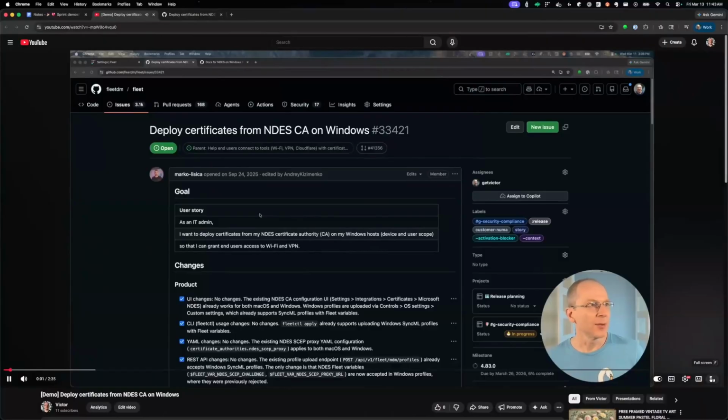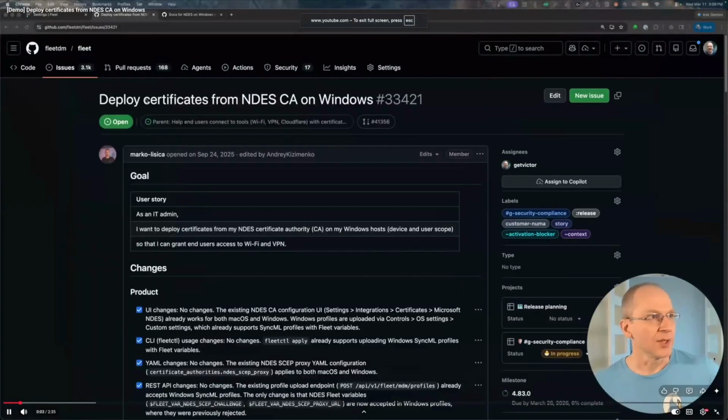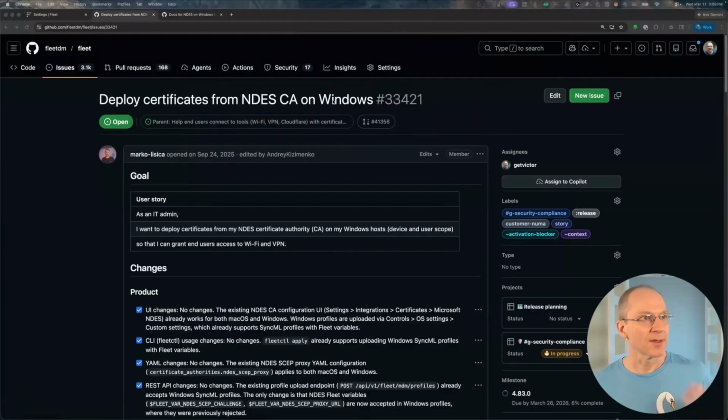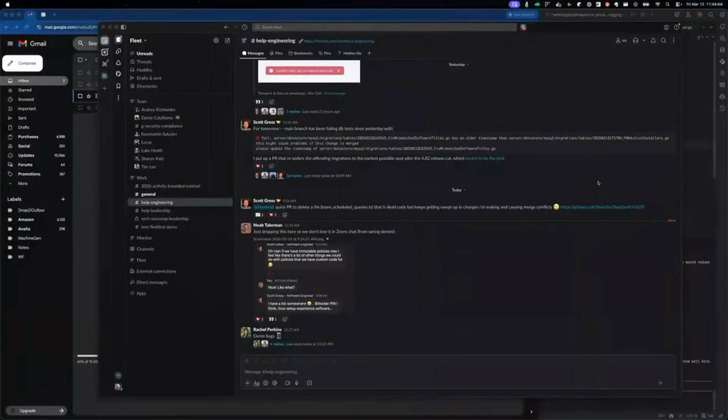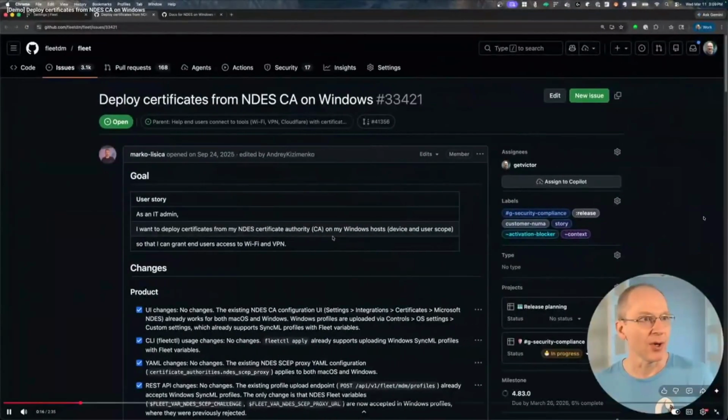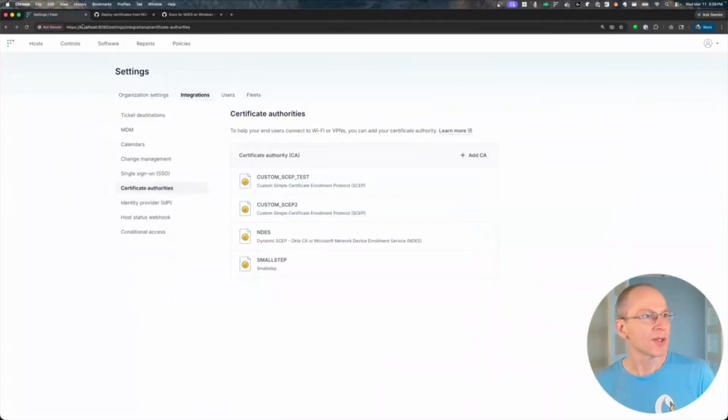In this feature, we're enabling issuing certificates from an NDES on our Windows hosts. So Windows joins macOS host with support of NDES. As an IT admin, I want to deploy certificates from my NDES certificate authority on my Windows hosts, device and user scope, so that I can grant end user access to Wi-Fi and VPN. So in my Fleet instance, I already have NDES configured. And so what I then do is I